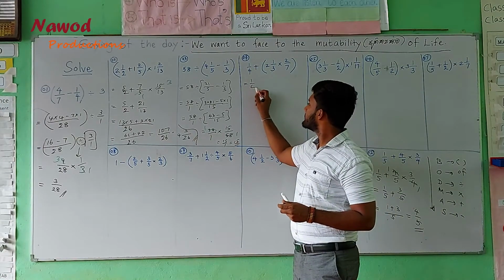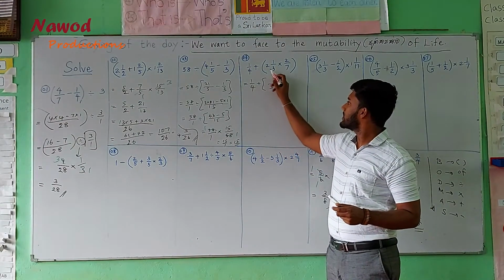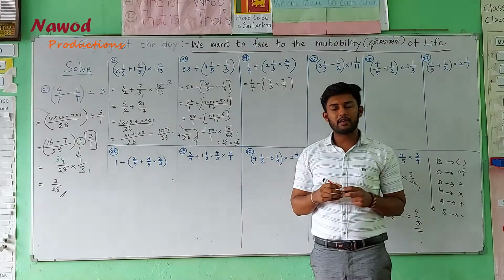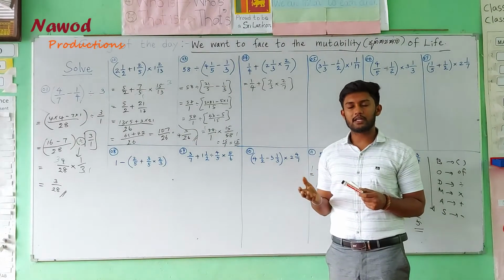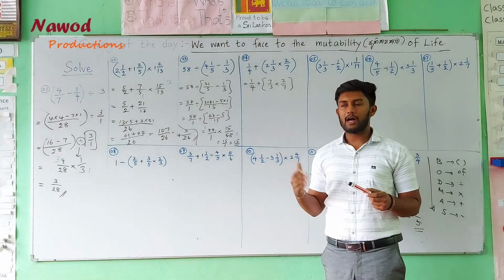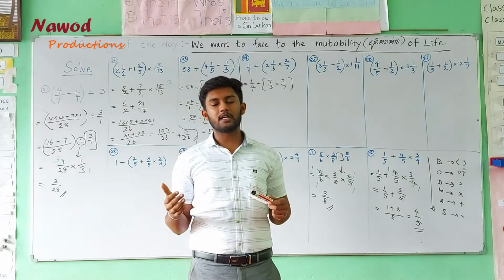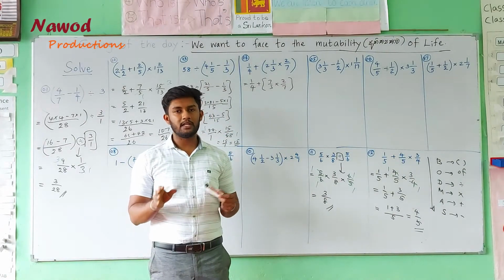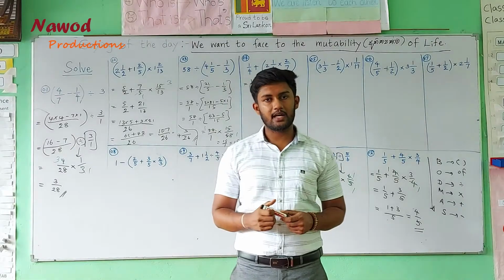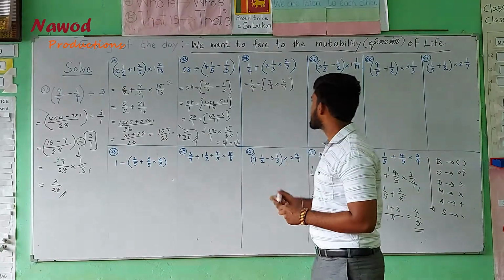Here move 1 over 4, you can get 3 into 2 is 6, 6 plus 1 is 7 multiplied by 2 over 7. You know that when we consider normal questions that come to the GCE Ordinary Level, normally they are simplifying, right? If you have any difficulty and are not understanding the question, then there must be a problem in your simplification, right? Check the answer again or else the steps again, then you can solve and get an answer very easily and very quickly. Then dear students, here